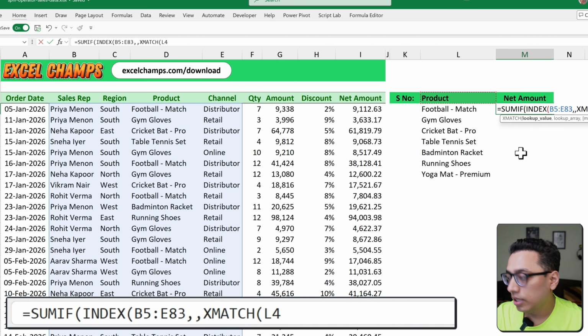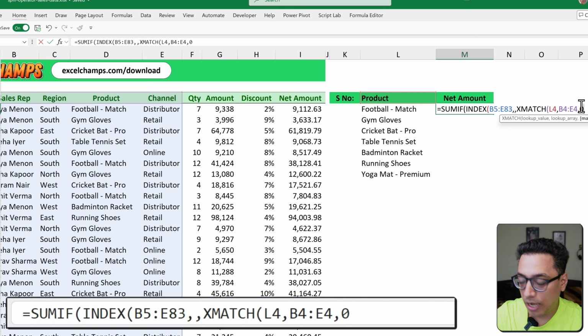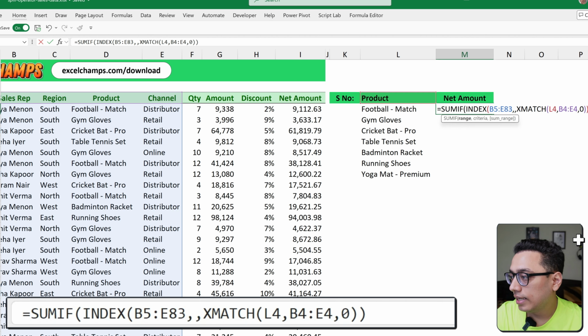Same thing, value from the drop down. Lookup array is these 4 cells from here. And I'm going to close the XMATCH, with exact match, close the INDEX, and in the SUMIF, now this is where